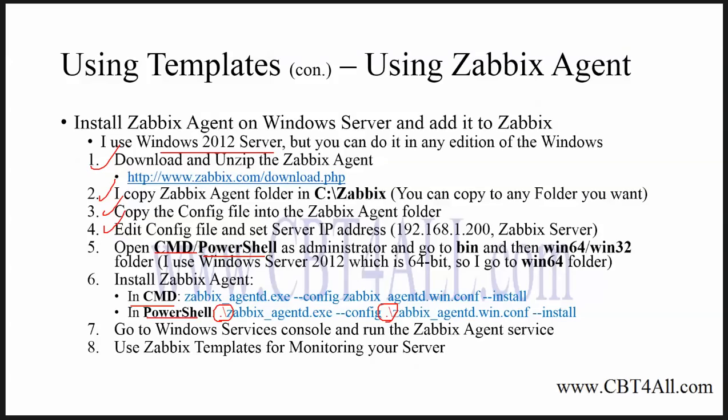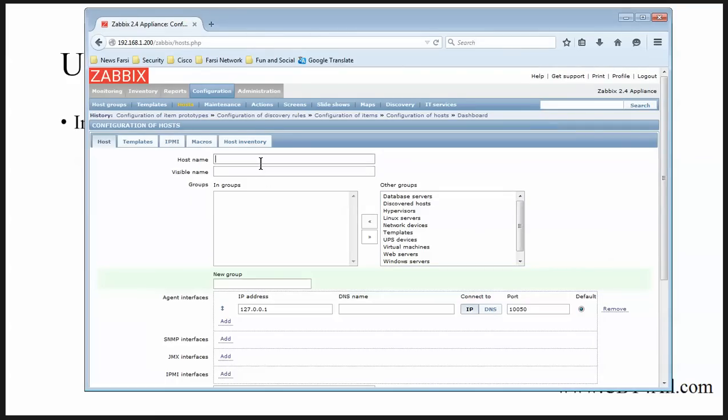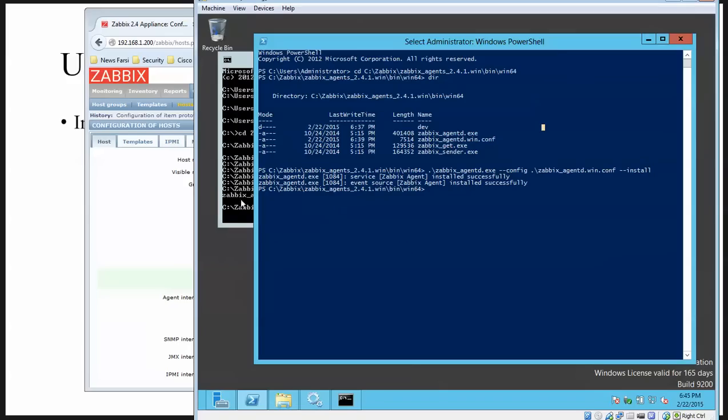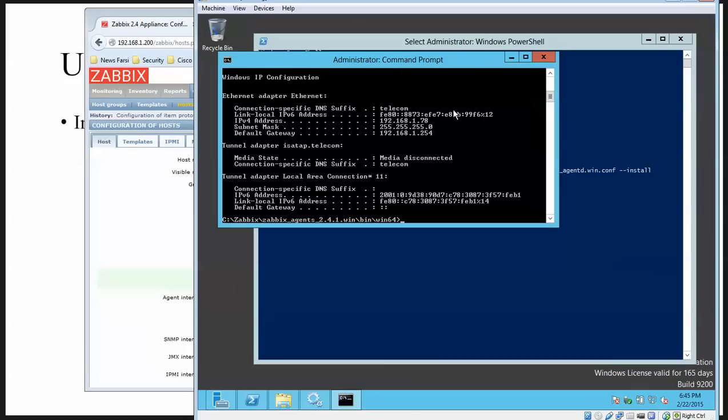Okay, I jump back to my Zabbix server. I create a new host, Windows SRV1. I want to use templates. What is the agent interface? 192.168.1... I forgot again the IP address. IP config. Okay, the IP address is